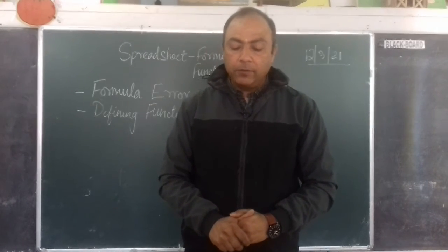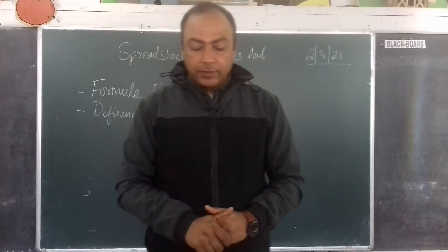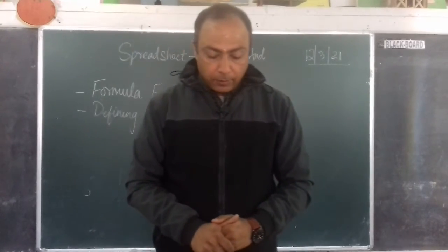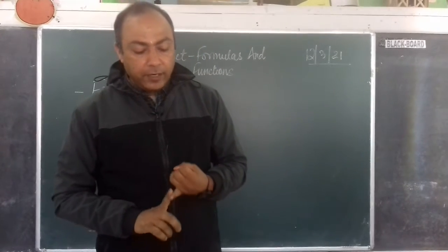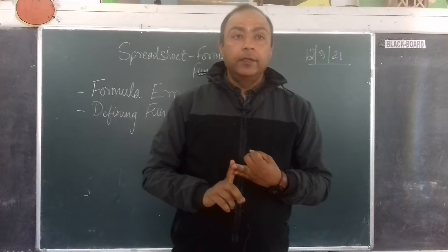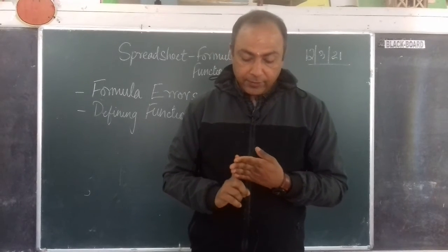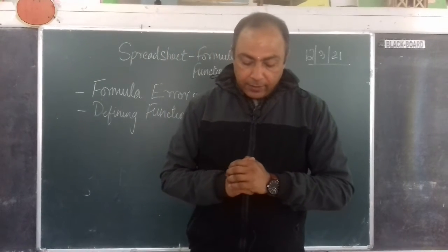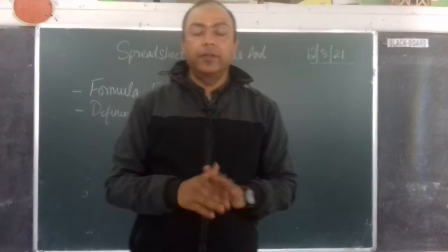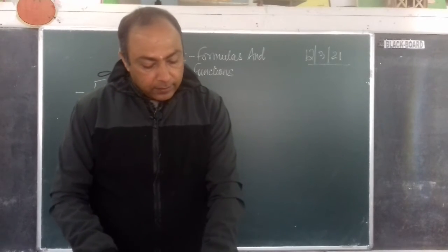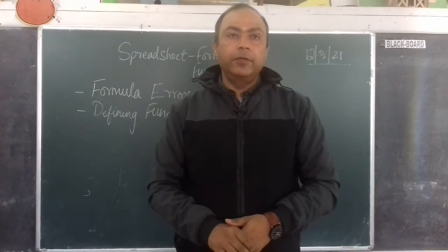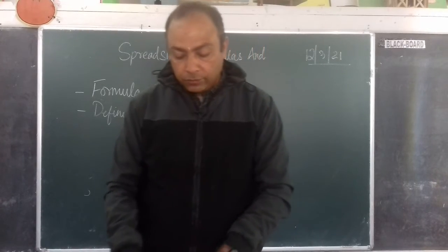So these are some of the errors which may be displayed due to these problems. If you do not write it correctly, these different types of errors occur. Let me repeat: the value error, the name error, hash error, division error, reference error, null error, not applicable error, and number error. You need to understand these different types of errors, and the table on these errors is in table 1, page number 28. You can refer to the book and go through the table.